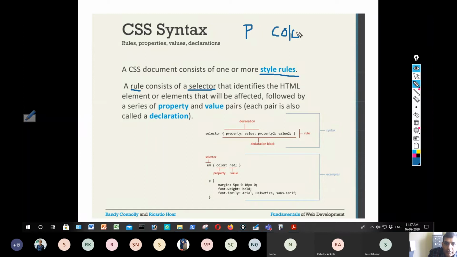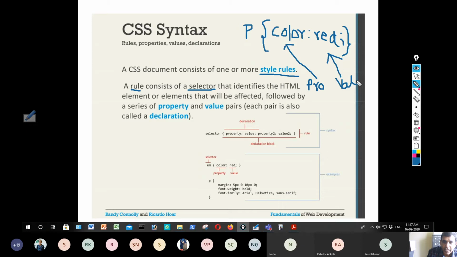color colon red, and of course you specify this in braces, and end with a semicolon, like this. So what is this? Note that color is a property, and red is a value.